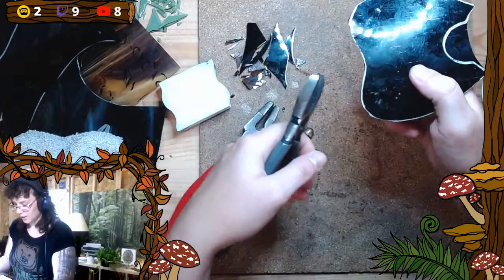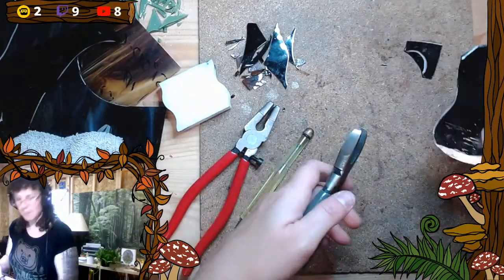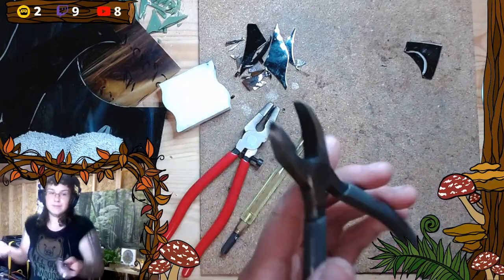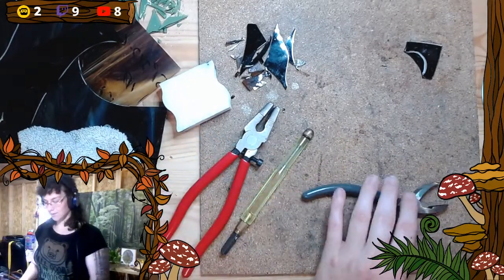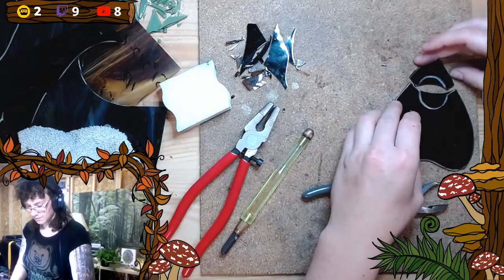Use the hand holding the glass to pop it. And then sometimes glass just has a mind of its own. So...